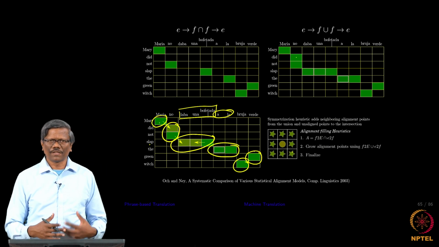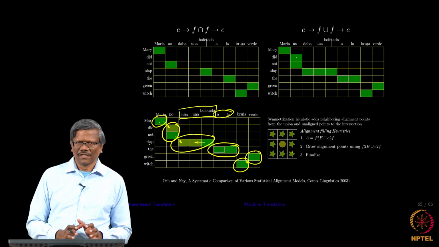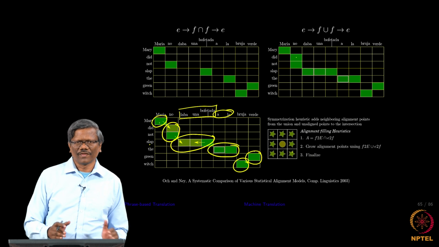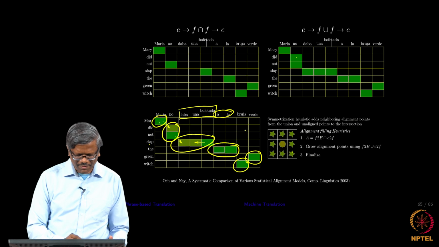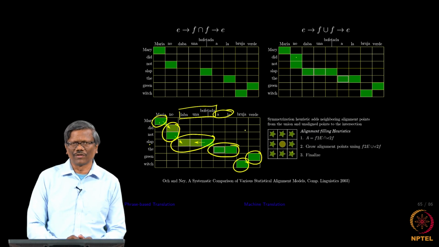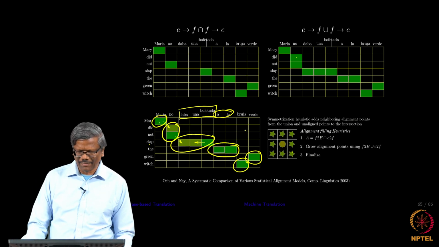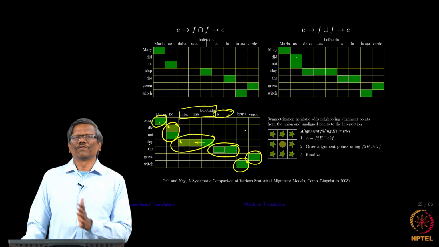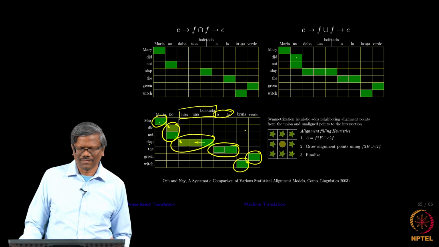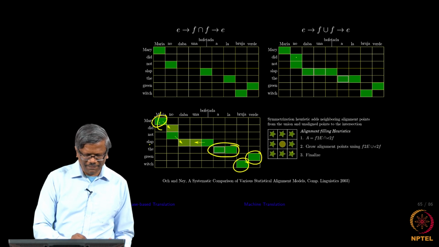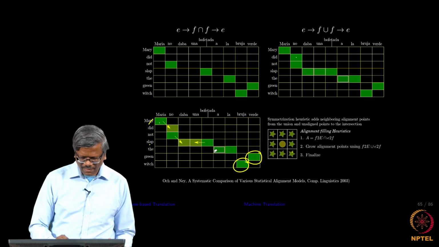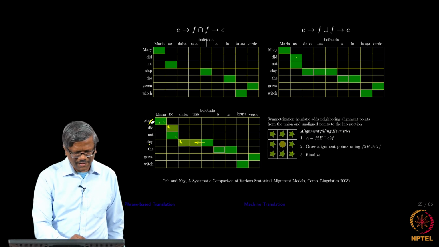So, is it possible to grow more phrases? So, using this algorithm, symmetrization process and the heuristics, we will not be able to add any more in this alignment table. Is it possible for us to find more phrases in this? Okay. So, that is the next step. So, how do you identify phrases in this is the next step.